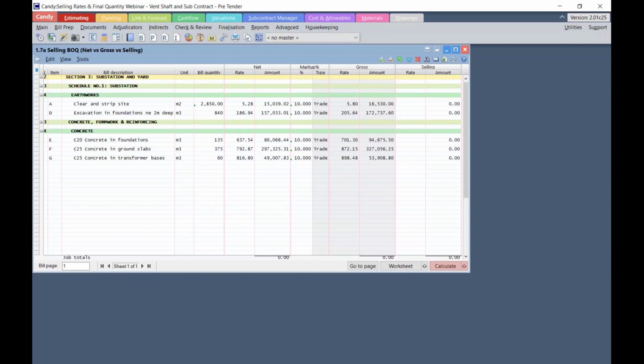Displayed is one of my customized documents with relevant column layouts showing net, markup, gross, and selling column on the right-hand side. Having priced a job and applied markup, selling rates can be established by copying the gross rate. Selling rates can be copied from gross at either pre-tender stage, meaning tender finalization, and can also be copied at